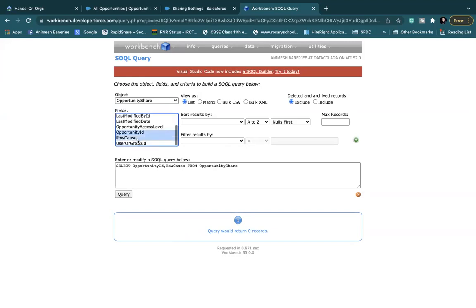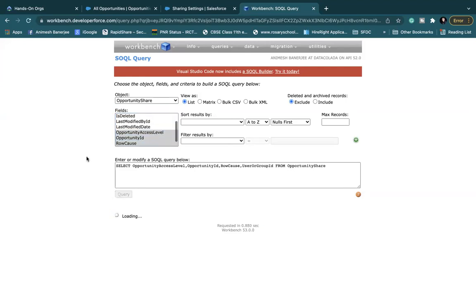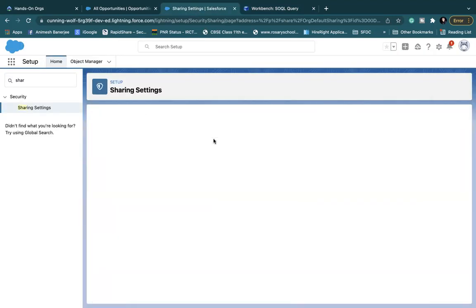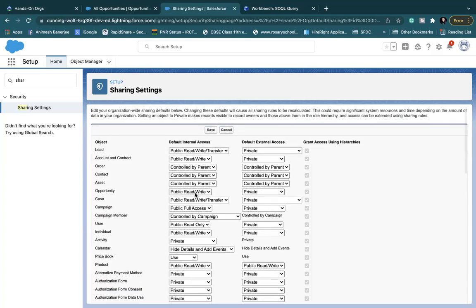But these are the 4 fields. If I query, there is no record, right? No records. Just remember, in opportunity there are 31 records. In opportunity share, none of the records needs any tracking, but Salesforce keeps tracking using this object. It will be functional only when we set this opportunity to private or read only. Then only the sharing is required, otherwise it's not required. So I will now make it private.